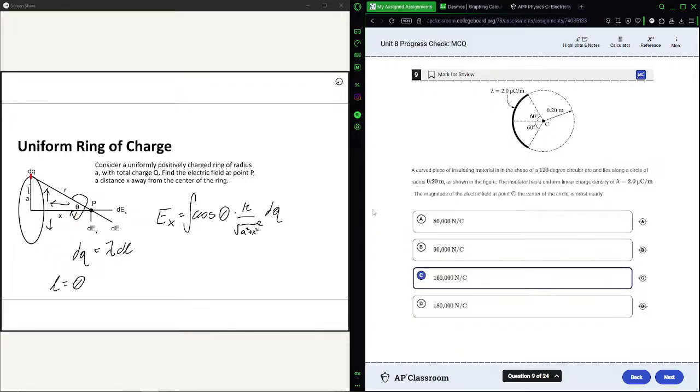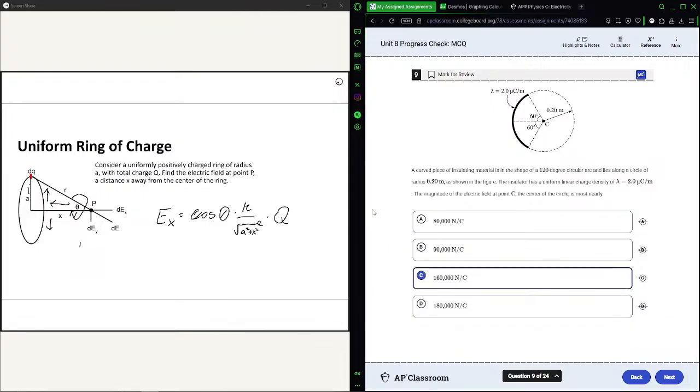Wait, can you say cos theta is just x over r or something like that? Yeah, that's what we were going to do. But you don't have to differentiate for that, do you? That's integrate, you mean? No, that's what I was trying to do, but you guys wanted me to do it as an integral. So when we evaluate that dq, it gives us, I agree with your way,